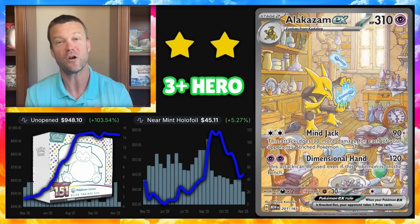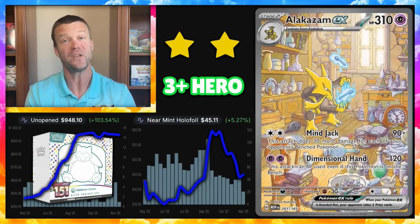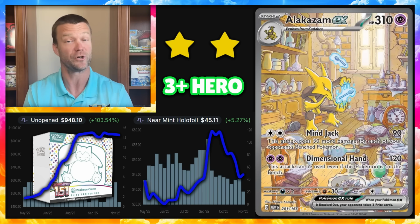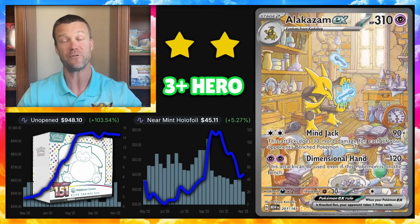Now, the very first card on this list, and actually making its first appearance ever as a 3+ hero, is the Alakazam card from 151. Something original for this list, and that has actually been kind of materializing throughout the course of 2025, is that it is not uncommon to see single cards which are in demand throughout the year show up a bunch on this video, but we're going to see 151 featured more than any other set we've ever seen